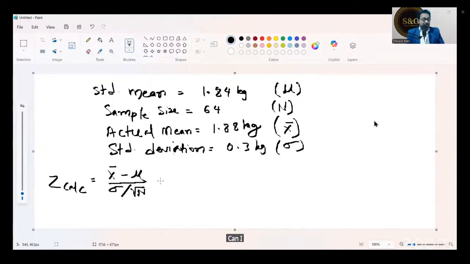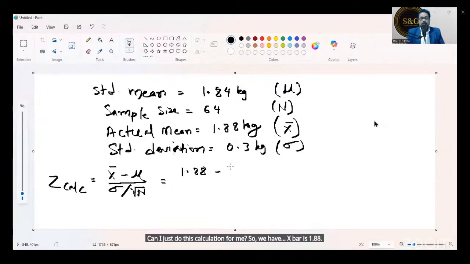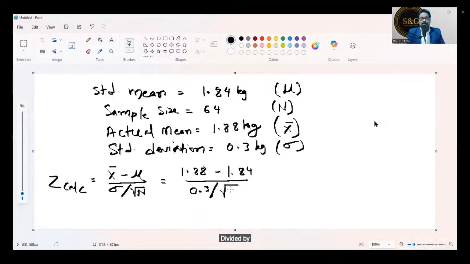We have X bar as 1.88 minus 1.84, which is our mu, divided by sigma, which is 0.3, divided by square root of 64, which is 8.